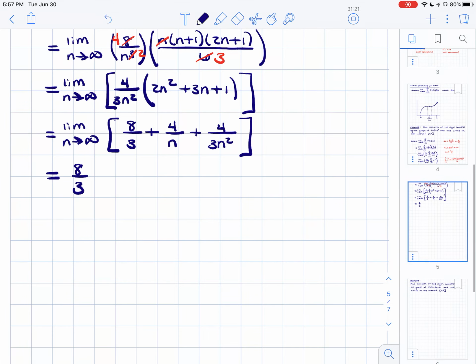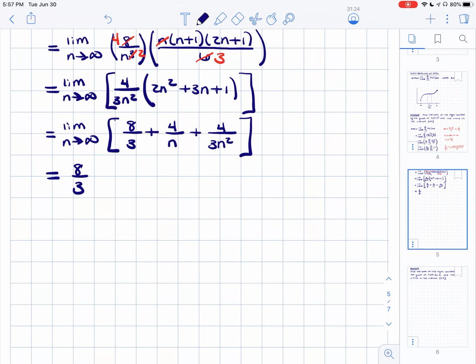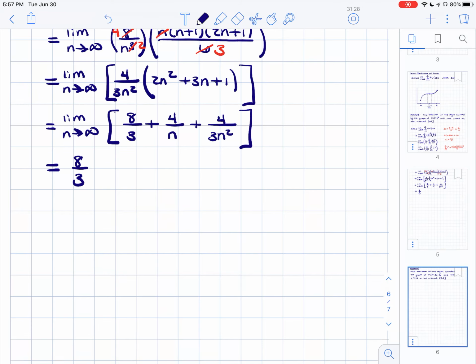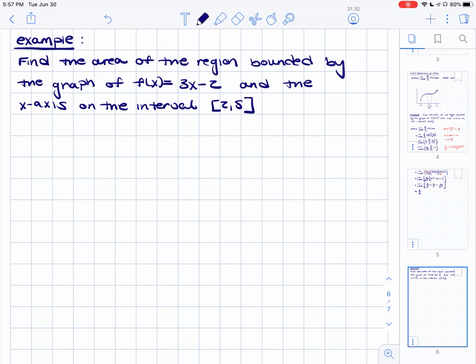All right, so this is how we'd use the limit definition to find the area under a curve. Let's go ahead and look at one more example. So find the area of the region bounded by the graph of f of x equals 3x minus 2 and the x-axis on the interval 2 to 5. All right, so once again,